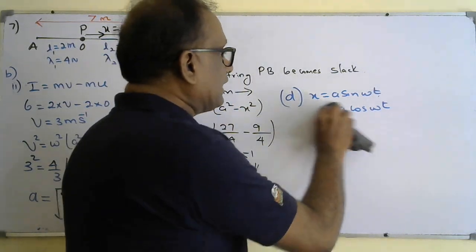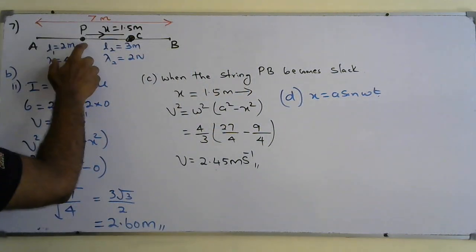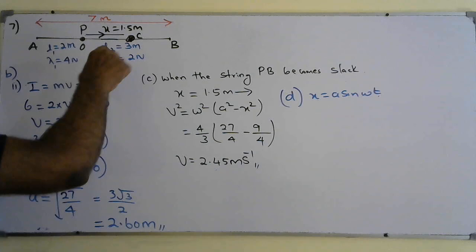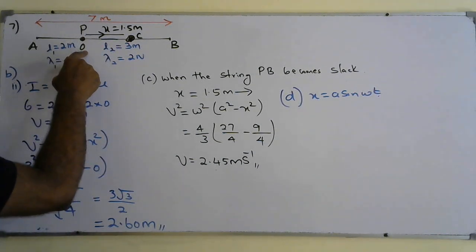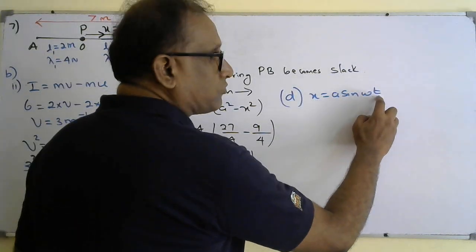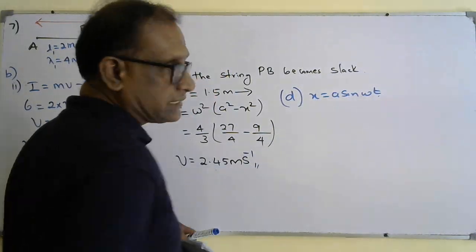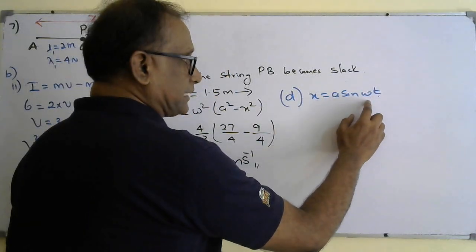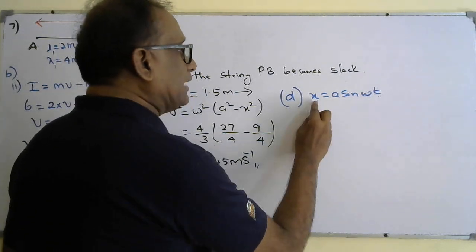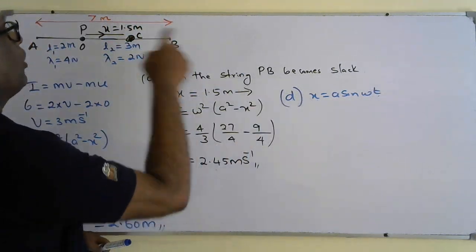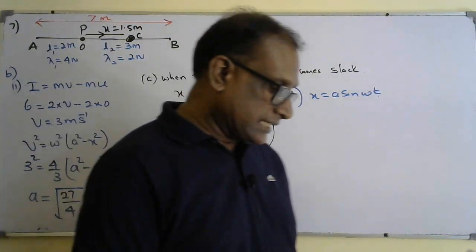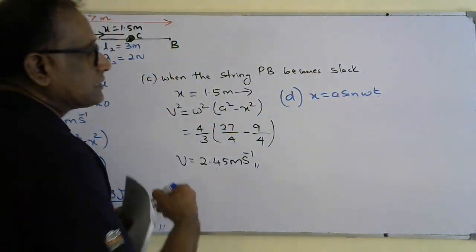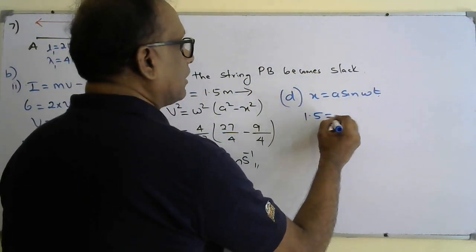But here we know that initially the particle was at the equilibrium position. It was thrown by applying an impulse from O. So when t equals 0, it was at O, which means we have to use the sine equation. We need to find the time when the displacement becomes 1.5 meters. The question is asking for the time taken to move from O to C. We know the distance to C is 1.5 meters, so substitute here 1.5 equals the amplitude,